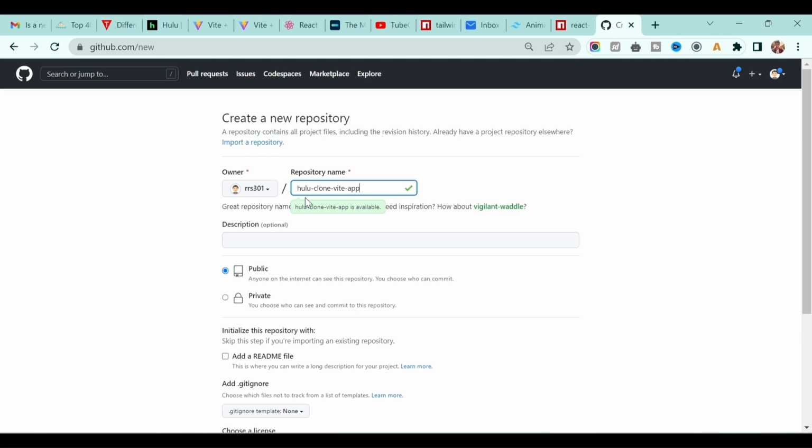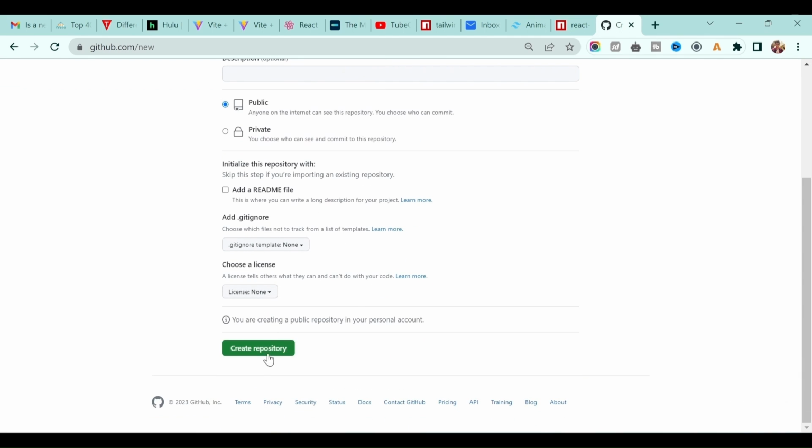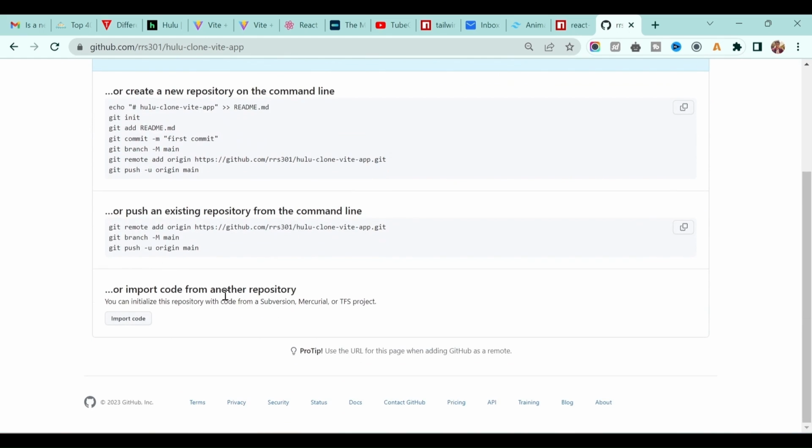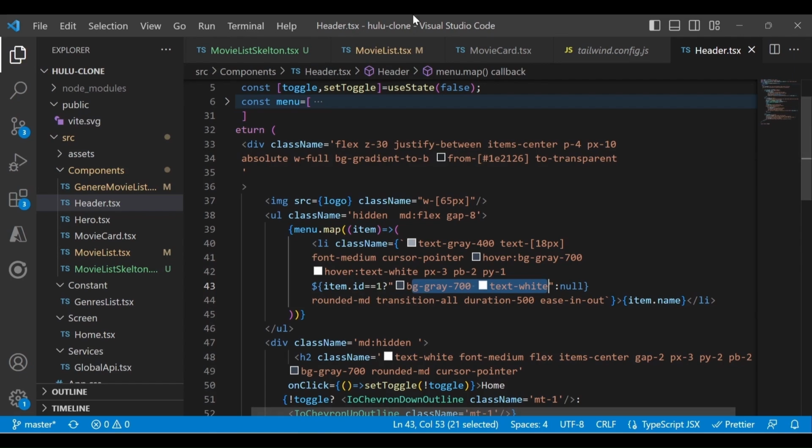I will give this name, and you can write a description if you want. I will make it public for now. Okay, and just say create repository. So it will create a repository for you. Now what you have to do, you have to just copy this line of command. Okay, so you have to set the remote repository to this repository, right, and open the terminal.